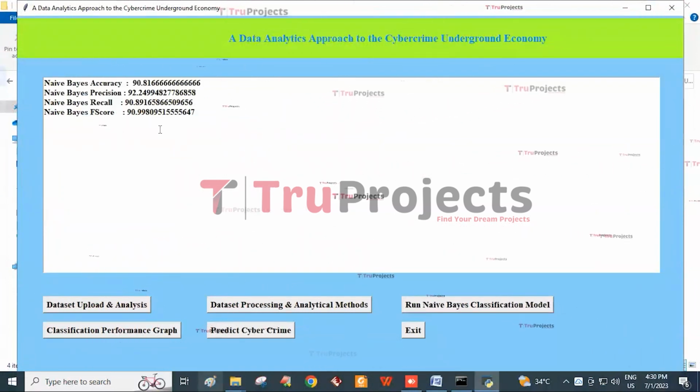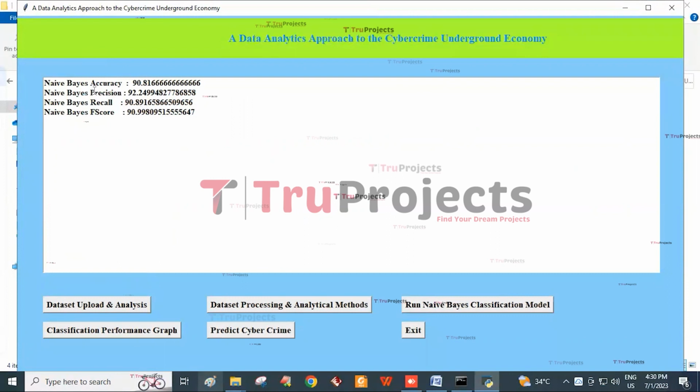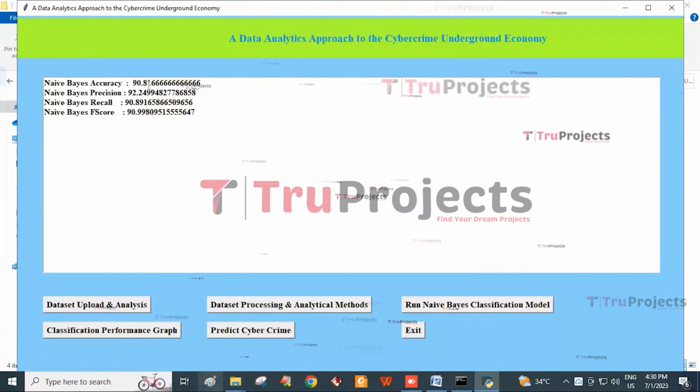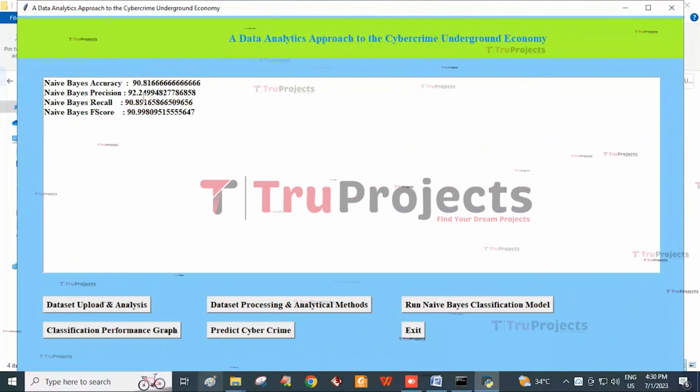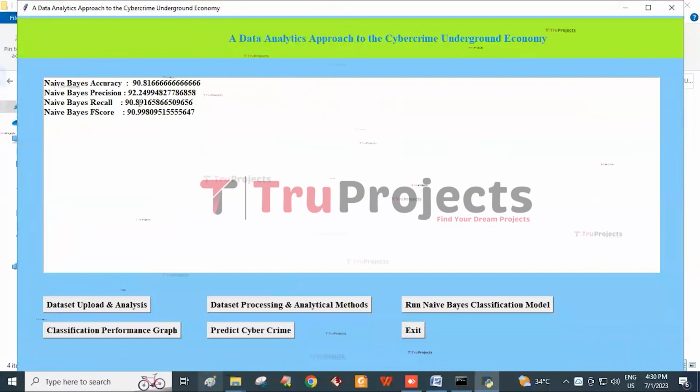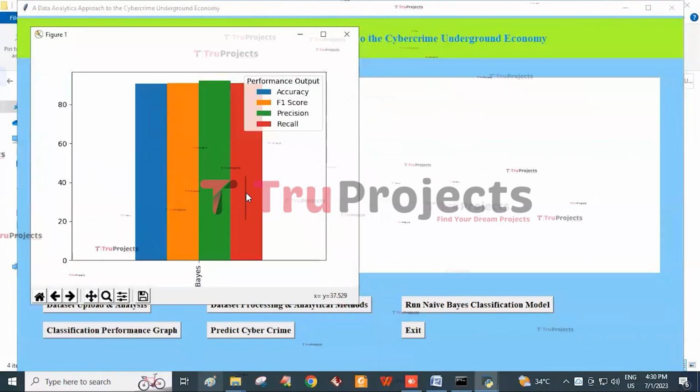Here, the naive-bayes classification model is generated with an accuracy of 90.8, precision of 92.2, recall of 90.8, and F-score of 90.9. Then click on the classification performance graph button to get this graph.